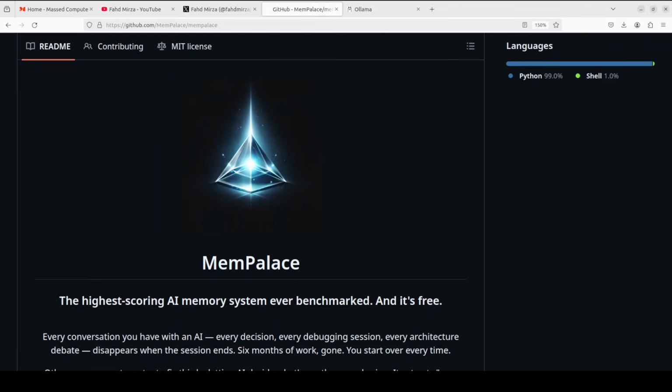It's a local, free, open source memory system that just scored 96.6% on LongMemEval, the highest published score requiring zero API calls and zero cloud. It stores your conversations and code in a structured palace of wings, rooms, and drawers, then lets you search across